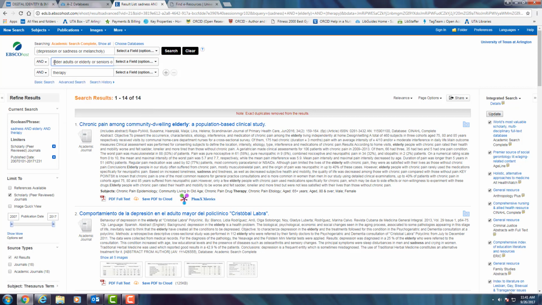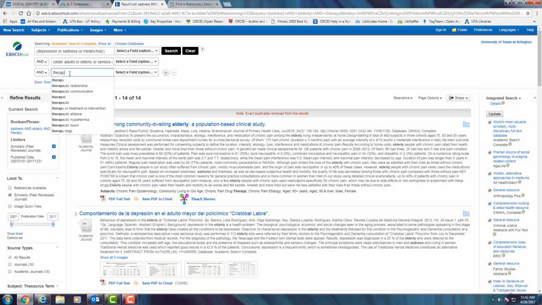And geriatrics wasn't even a synonym that we had, but it's a good one, so we're going to go ahead and leave it there. And you'll see when you are typing in here that it's been coming up with things that just populated automatically. These are just searches that people have done in the database previously. So sometimes it's good to utilize that. Sometimes not, but sometimes it is.